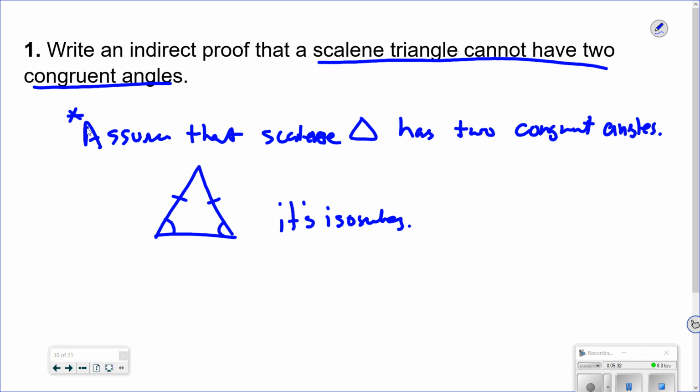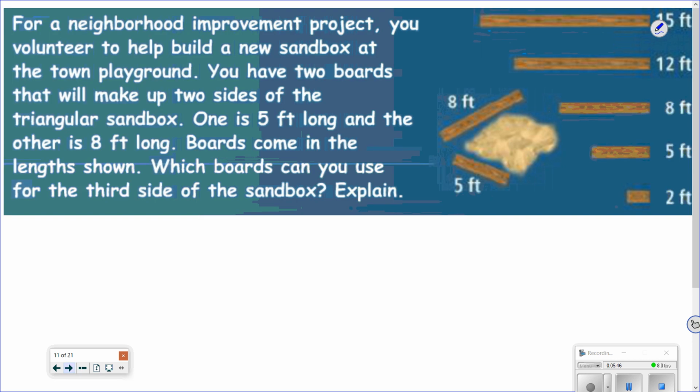You always assume the opposite, and then you show why your assumption can't be true, and that proves that it has to be true. Okay, that's the first part of the assignment there, is just working a little bit with this new type of proofs, these indirect proofs. The second half is dealing with something different. To introduce it, I want you to pause this. Well, let's read through it first, and then we'll pause it,